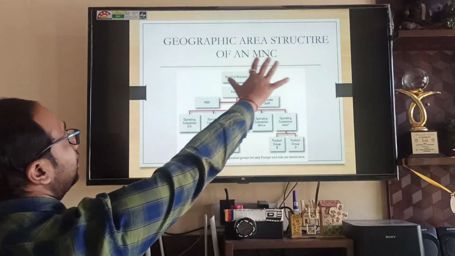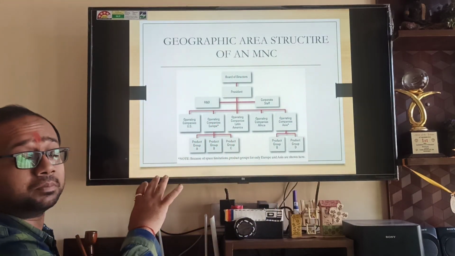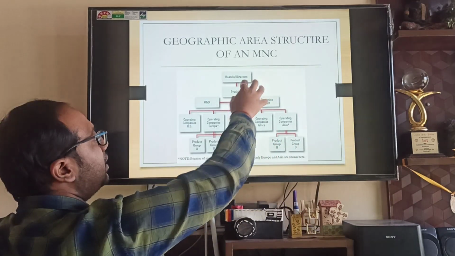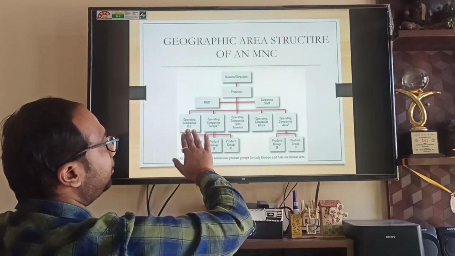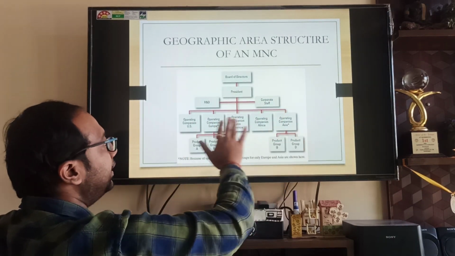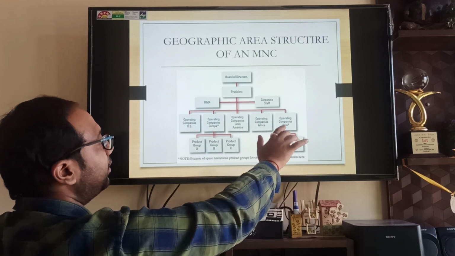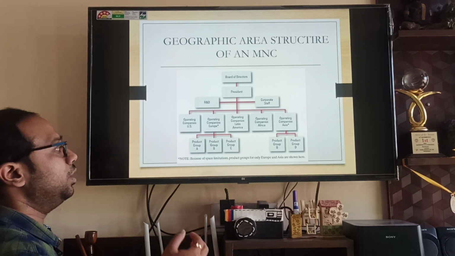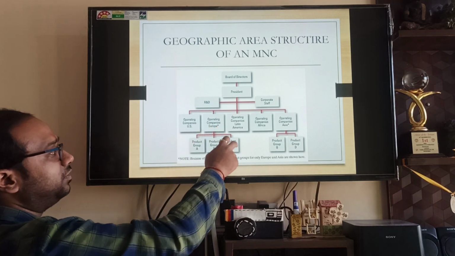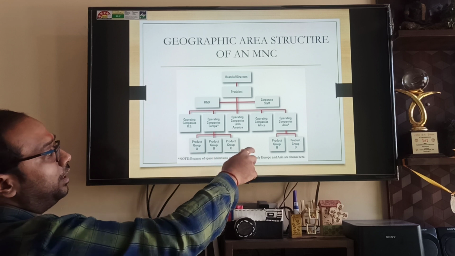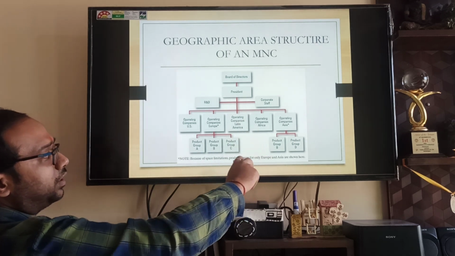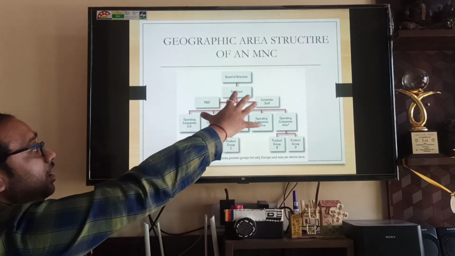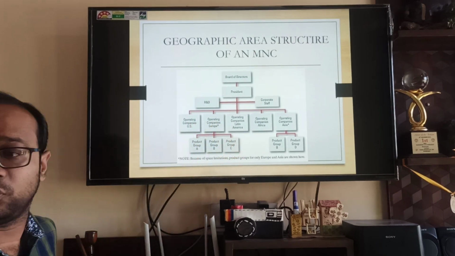This is, for example, a structure of an MNC which has company operations in various countries. So there is a board of directors, there is a president, then R&D and corporate staff. Now, for example, there are many operating companies across continent: US, Europe, Latin America, Africa, and Asia. Now let us take Europe for example. There are 3 product groups like I mentioned before. So then there will be a product group A, B, C within that particular thing. Similarly, product group A, B, C within this particular thing. Correct? This is structure in which we have geography specific and the product specific, and today this structure is becoming very prevalent.